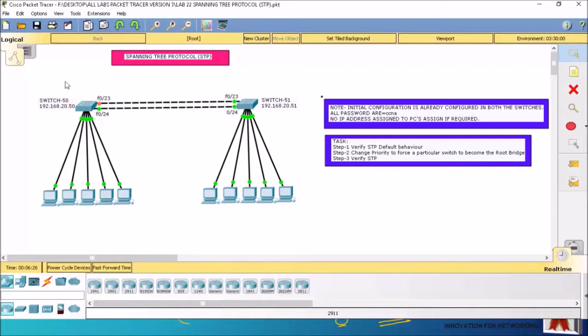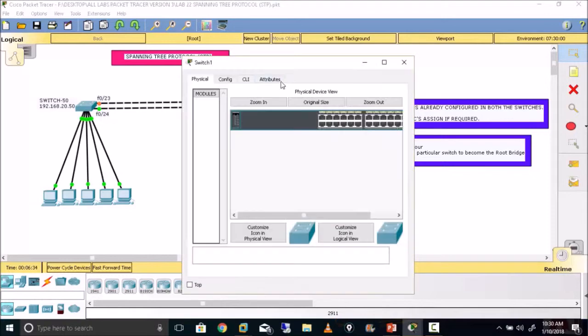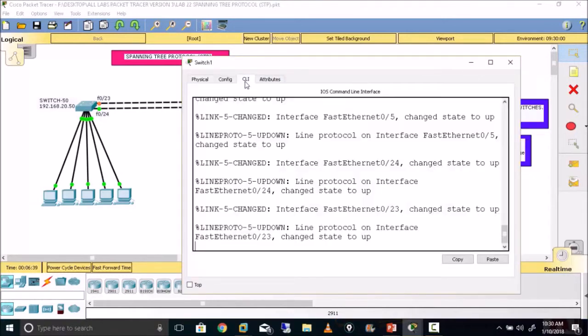It means this is the non-root switch, because blocking ports I can see only in the non-root switch, and this one is what? Root switch. How to verify? See, when you go to the switch, in the switch you can see